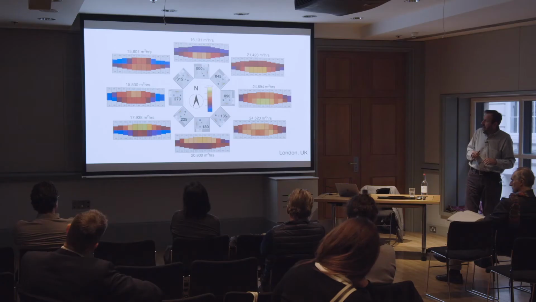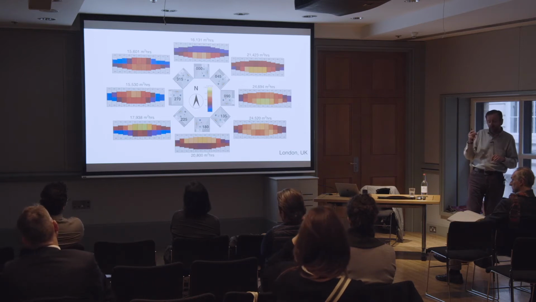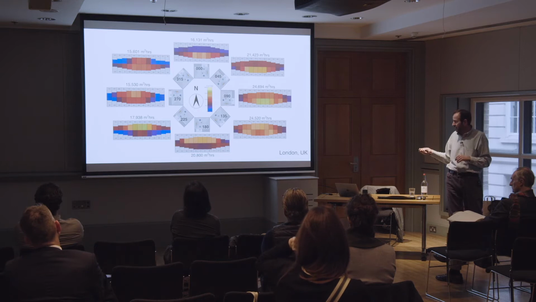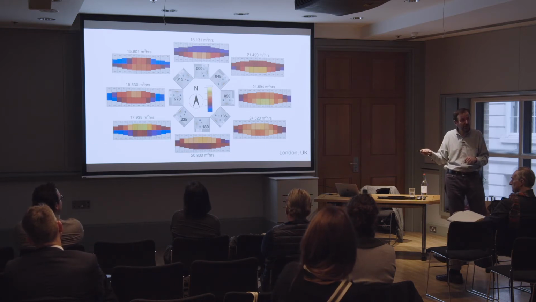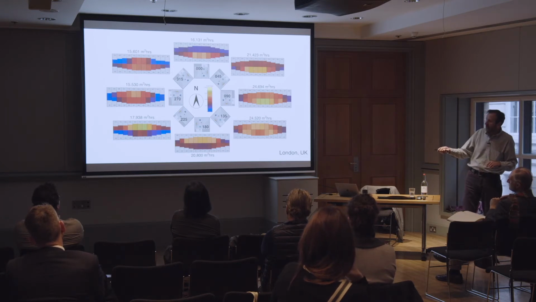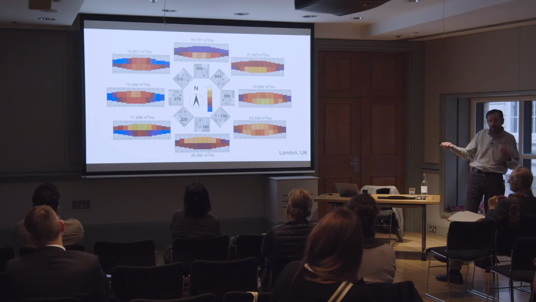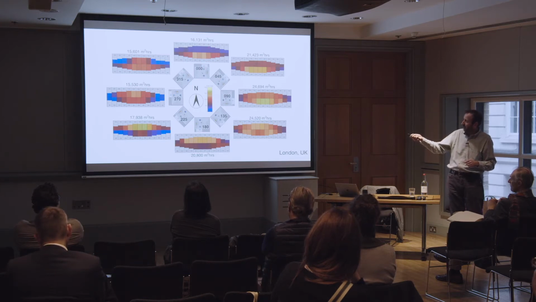But where it gets really powerful for planning purposes is when you start to look at possibilities. So the same dwelling, this is for London, but now with our 8 different orientations. And you see dramatic changes in both the bottom line annual number, but also the distribution, AM and PM and monthly. So there you can see with that orientation, the dwelling's getting really everything in the morning and very little afterwards